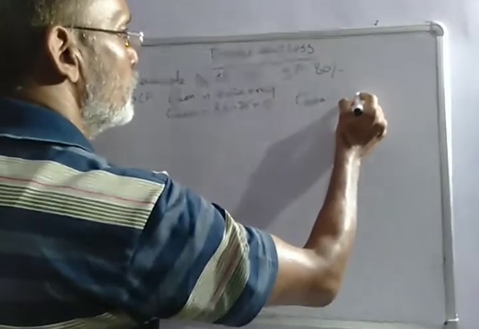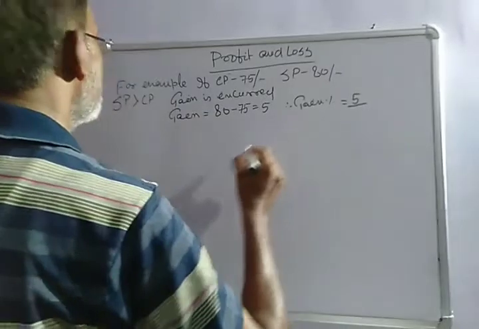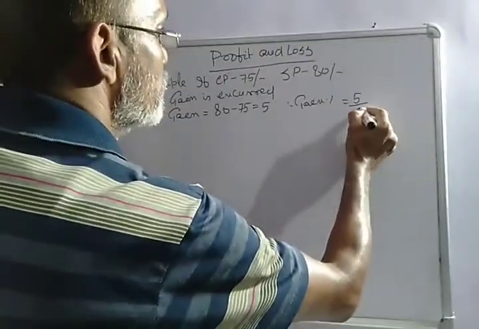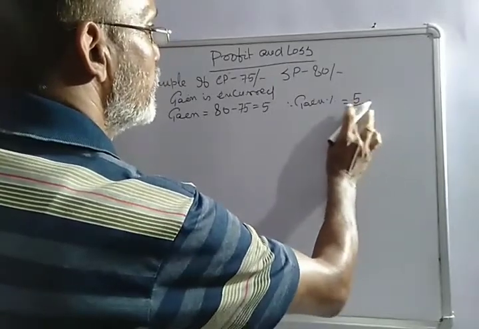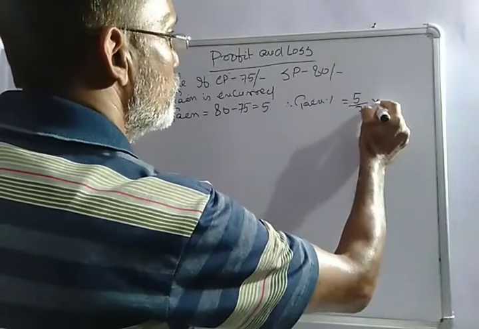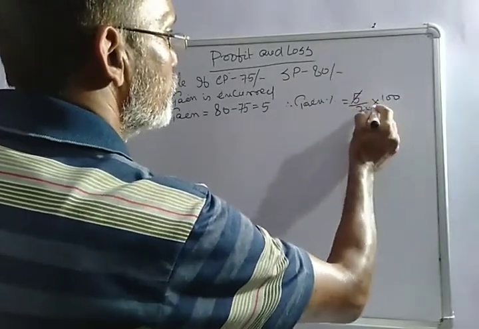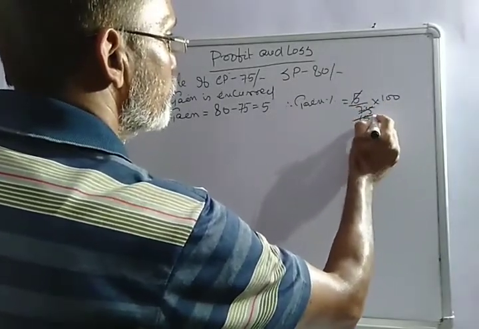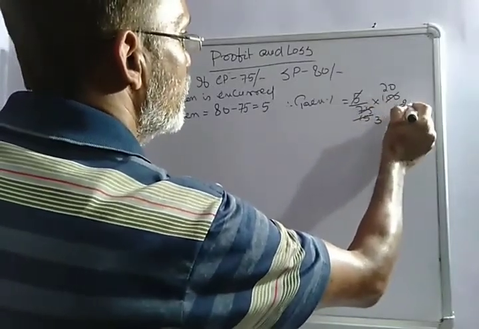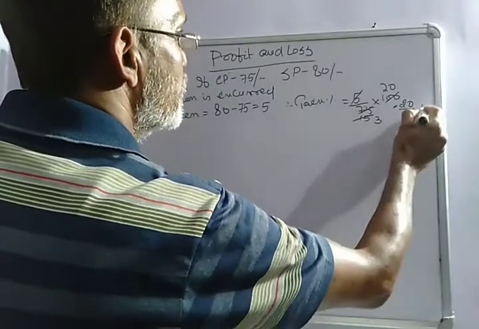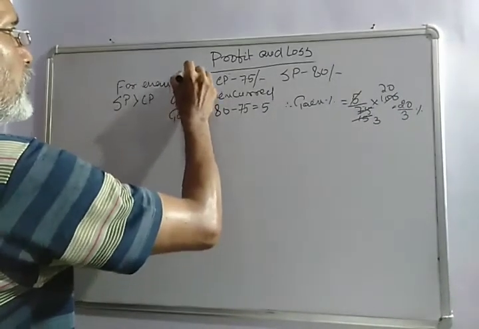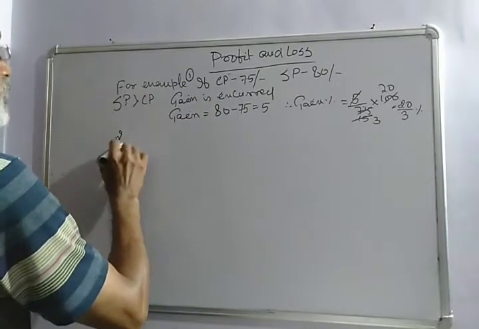is equal to 5 by CP into 100. What is CP? CP is 75 into 100. 5 fifteens, 5 threes, 5 fours, 20 by 3. So 20 by 3% is the gain percent. Similarly, number 1 example. Number 2, if